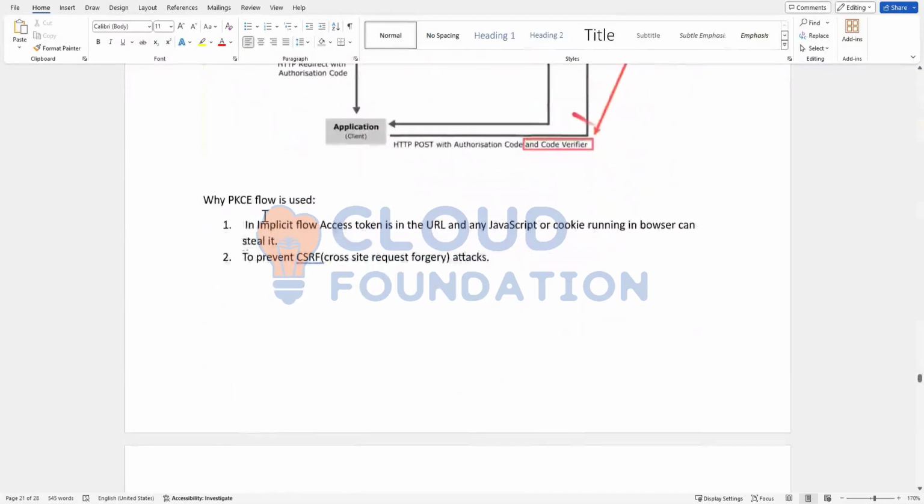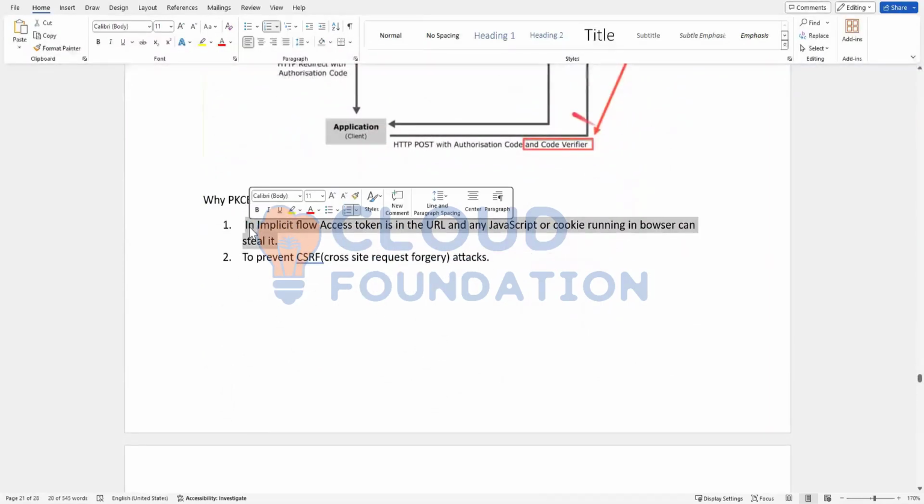So why is the PKCE flow used? In the implicit flow, the access token is sent from the front channel, that is the browser, and you can have JavaScript or some bad code running in the browser to steal the access token. The access token is really very sensitive information. And also to